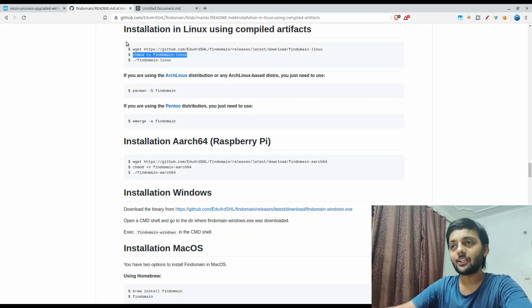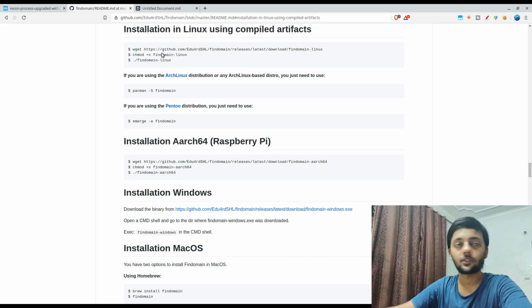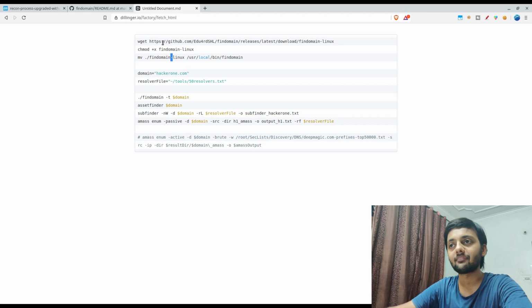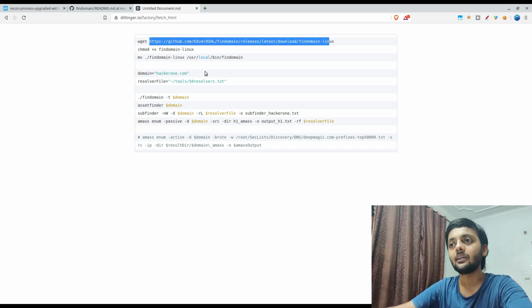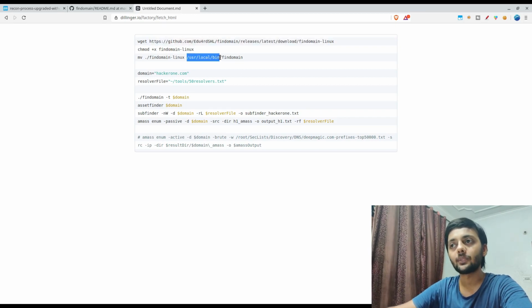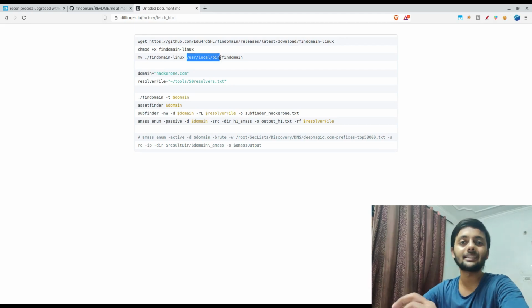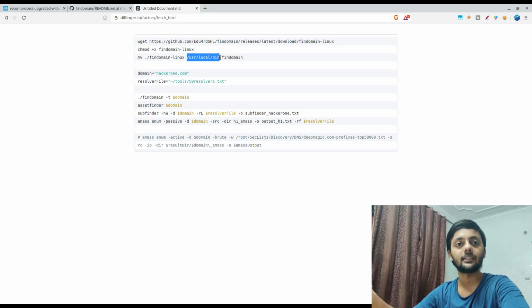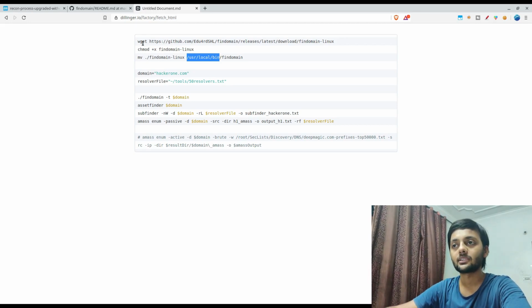So this is the Findomain page, and these are the commands that we need so that we could install it on our system. I have these commands written here. I've also moved this findomain-linux binary that we are getting by using the wget command to /usr/local/bin, because /usr/local/bin is in the PATH, and we don't have to write ./findomain-linux from the current directory. So we don't have to write the whole path. That's why I'm using these three commands.